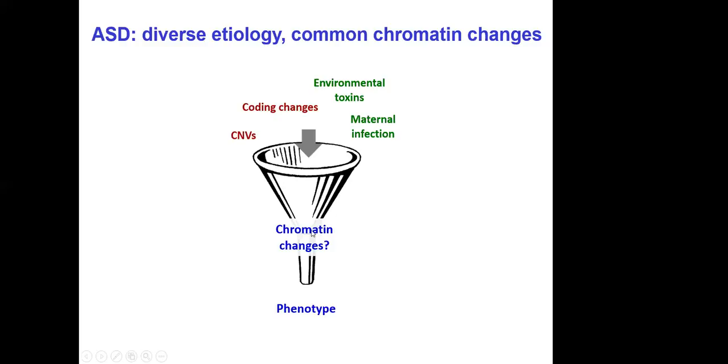So this is exciting. At the level of chromatin, you're finding a common denominator in autism, and maybe these chromatin changes, at least some of them, mediate the causal relationship between all of these things and autism. So you don't need a drug to target any specific coding change. Instead, if these chromatin changes are mediating all of this, and the chromatin changes are common, you can come up with an autism drug that tries to reverse the chromatin changes.